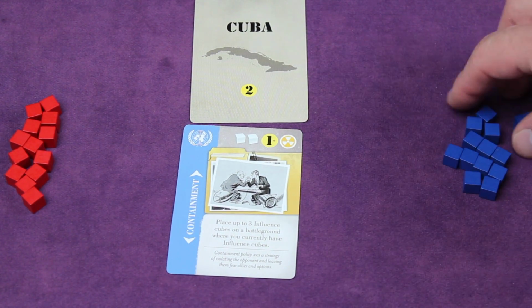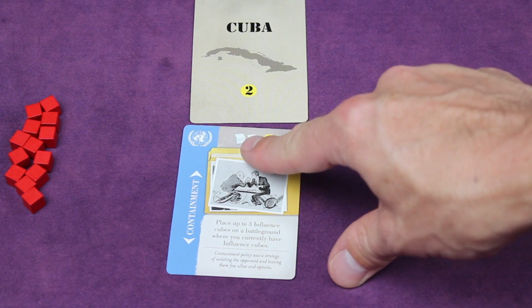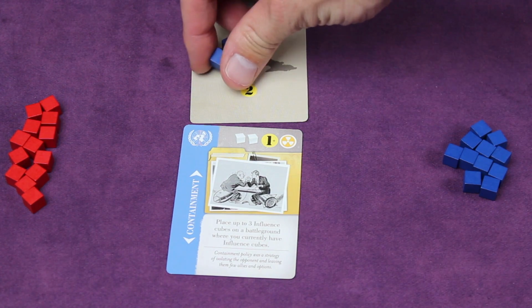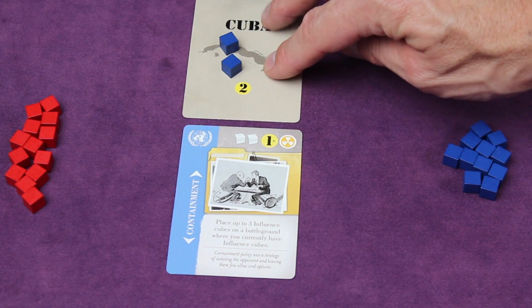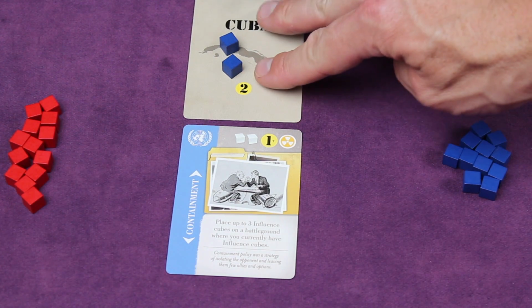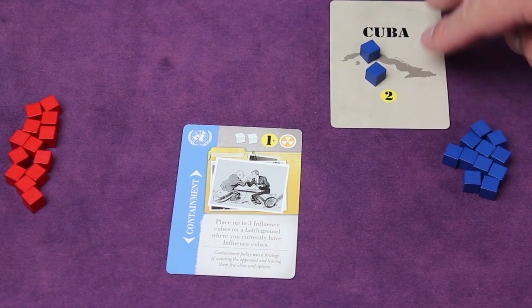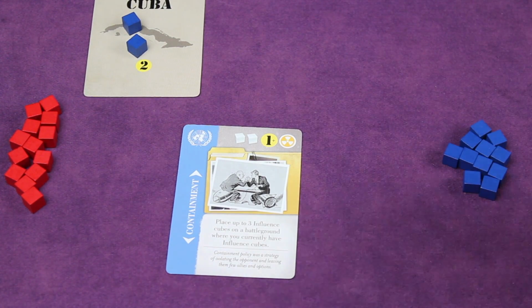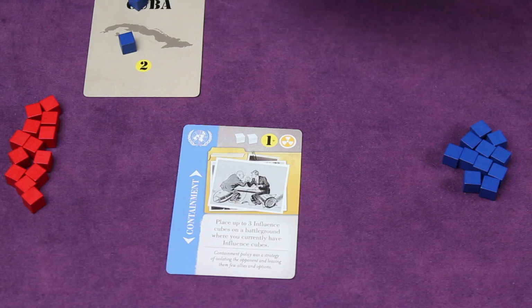Whenever you activate command, you can add up to this many cubes to any single battleground, keeping in mind that Cuba is a single battleground. So maybe this player puts 2 onto Cuba because it's worth 2 points. Now, anytime you place cubes onto a battleground, it moves 1 spot closer to you. Now it's in the United States zone. If this happened to have been in the Russia zone, when I place cubes, regardless of how many, it would